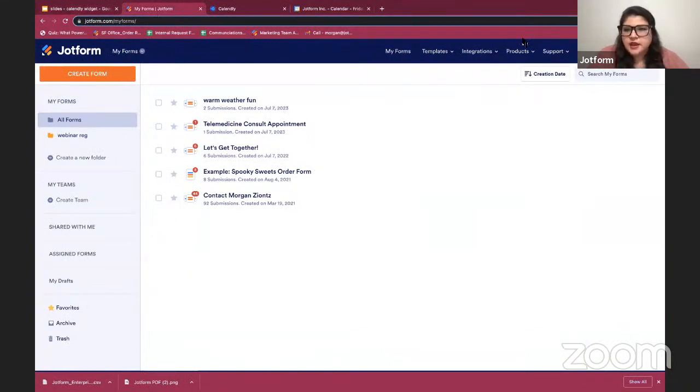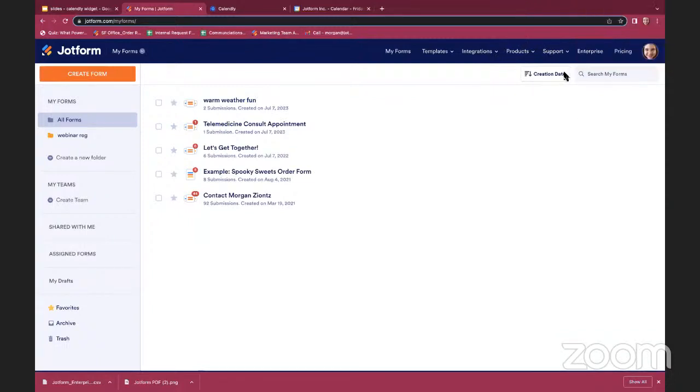All right, I am going to turn my camera off for the demo just so it's not in the way of anything. So stop video there. All right. So I'm starting today's demo, like many of our demos here, logged into my Jotform account. You can see that here I'm on my Forms page, which is the page that you typically see when you log into Jotform. And for this example, our demo today, I'm going to be using this telemedicine consult appointment